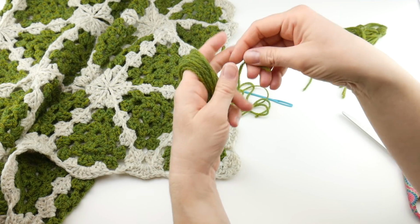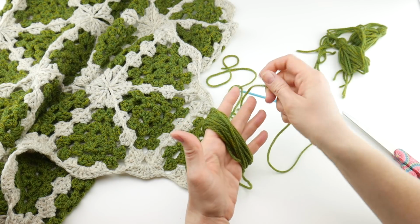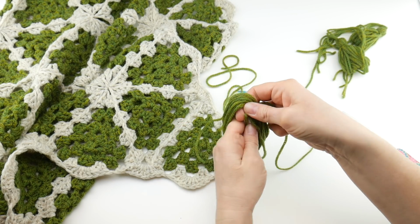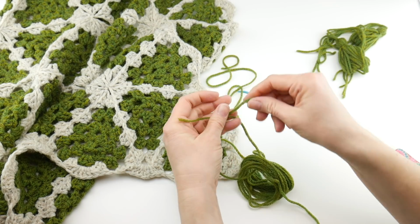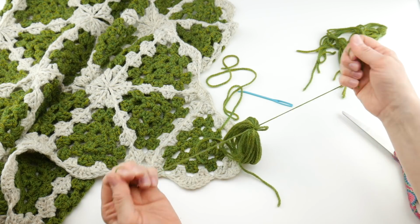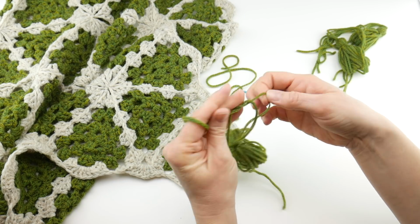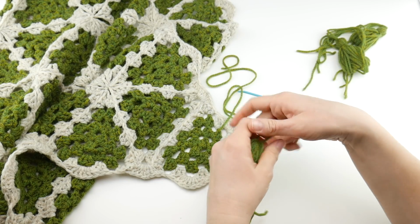We can leave this on our hand for a sec. I'm going to grab the first piece of yarn that I cut. I'm just going to sort of feed it in this bundle, and as I do that, kind of slowly remove it from my hand, tie it at the top, tie it nice and tight. This is something you'll wear, so you want everything to be nice and secure,